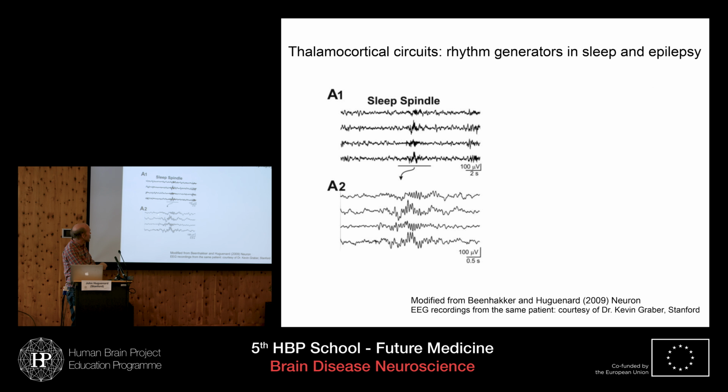This is a sleep spindle, as pointed out by Alain. It has this characteristic frequency of 12 to 14 hertz. And you'll see that it's present on multiple EEG electrodes, so it's a centrally generated rhythm. It can be seen all across the scalp, but it's not perfectly synchronized. You'll note that the signal received on some electrodes is different from what's received on another. So there's an underlying rhythm generator which is recruiting the different portions of the cortical network erratically.